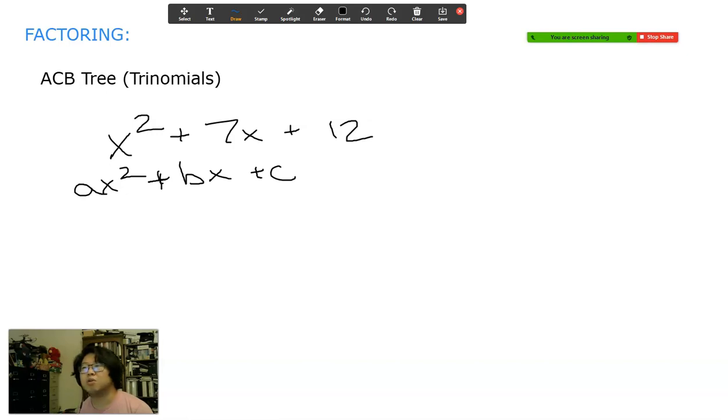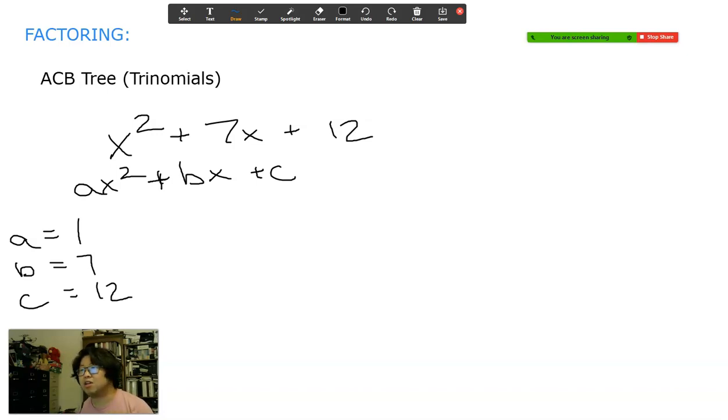Okay, and so we need to take a look at our coefficients to make ourselves an ACB tree. We have 1 in the front because it's not there, right? So you do have to understand that there is 1. So our A is 1 in this sense. Our B should be 7 and our C should be 12. Okay. So ACB,